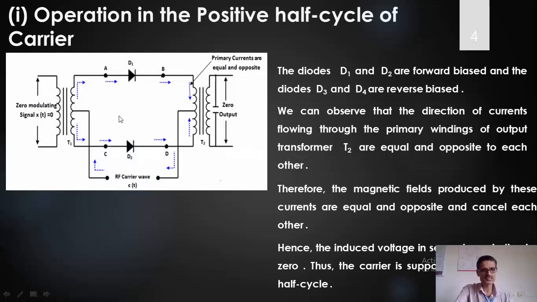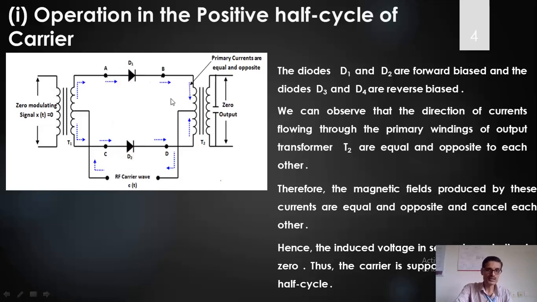Now, I have used the same circuit. I will explain considering the positive half cycle and the negative half cycle of the carrier. Initially, assuming that there is a positive half cycle of the high frequency carrier signal, let us understand how this circuit behaves during that time. When the carrier signal is applied through this particular path, the positive current flows in this direction. That means the diodes D1 and D2 will conduct.